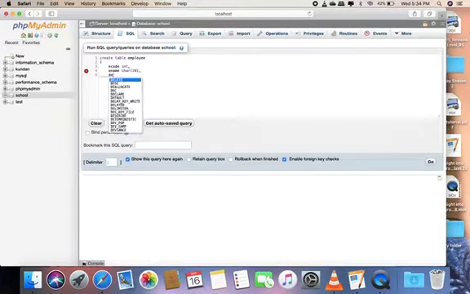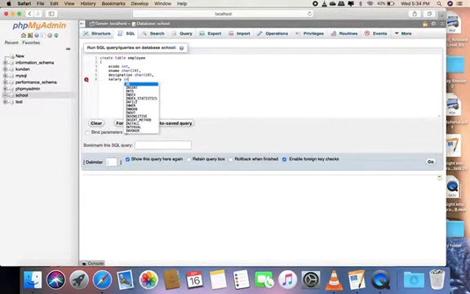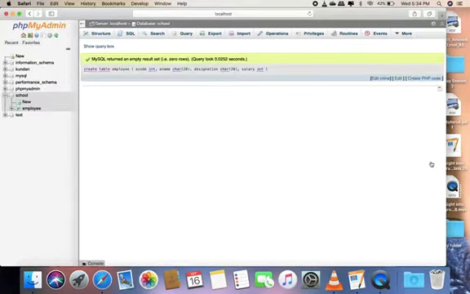Then designation, and it is also a character and its size is 20. And last is salary, and it is also an integer, and I use go. So the table is created.